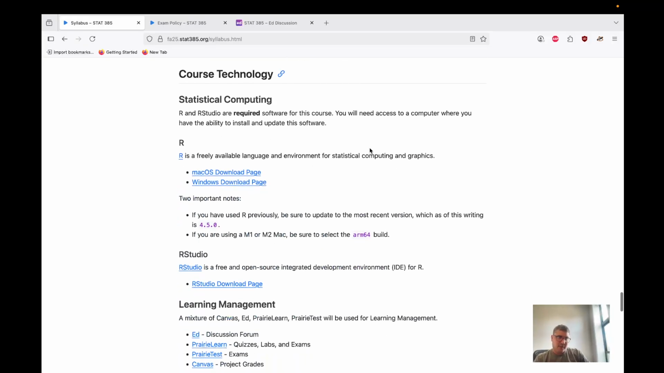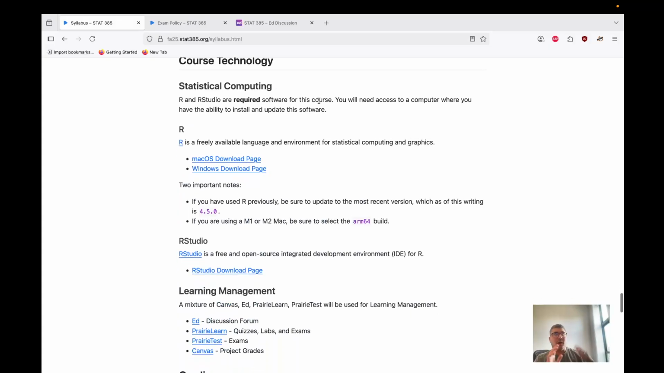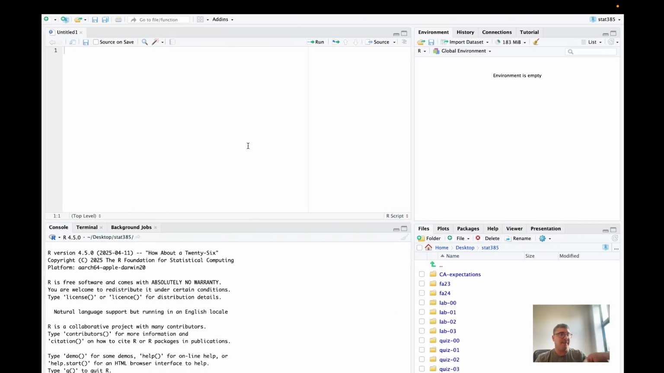Okay, so course technology. R and RStudio are absolutely required. They're free. The current version of R at the time that this was written is 4.5.0, and maybe 4.5.1 now. Oh man, I need to get the new version. It's fine. RStudio is how we're going to interface with R. I have it open right here. It generally looks something like this. You can move the panels around. Very nice. R by itself is just this,